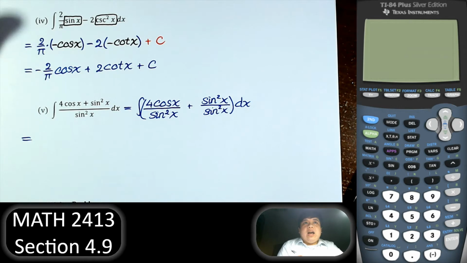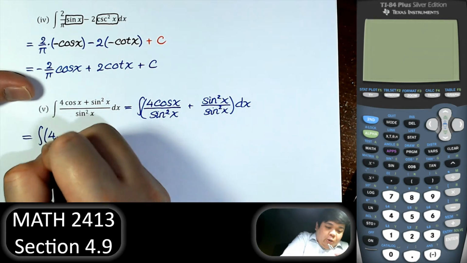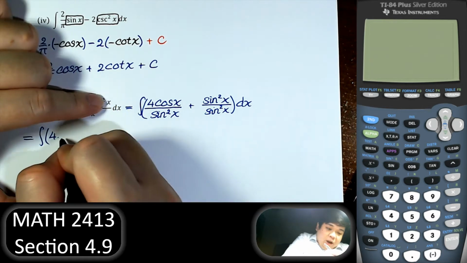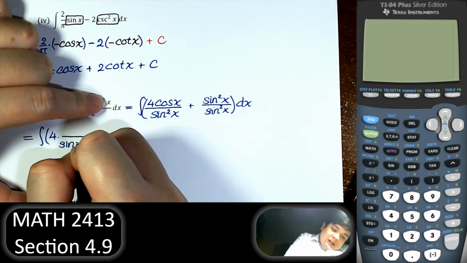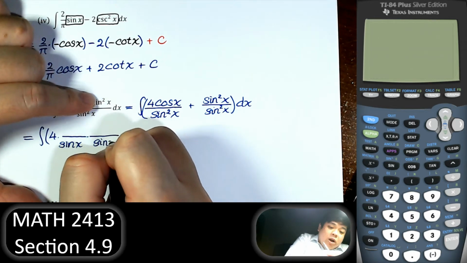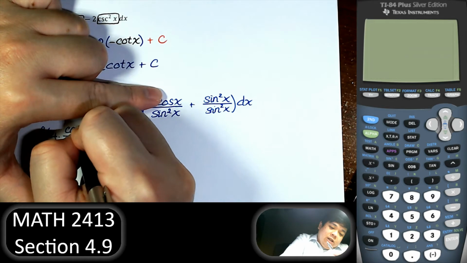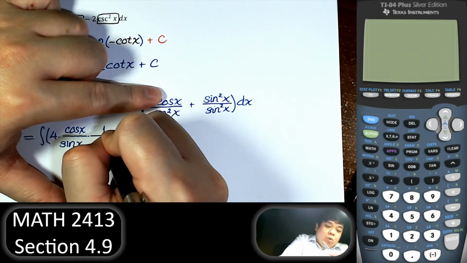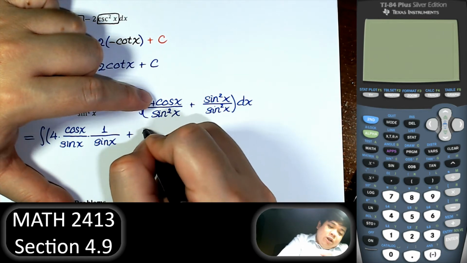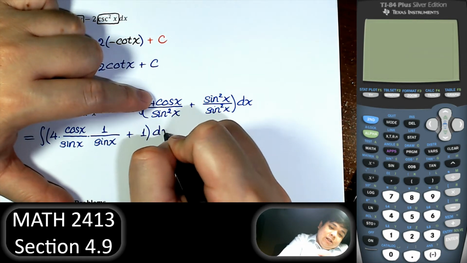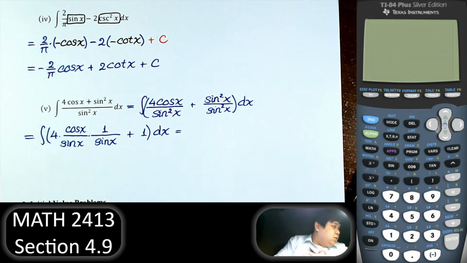Now, just like the last example, first I brought a 4 in front. We have sine squared at the bottom, so I will split that. Sine times sine will give us sine squared at the bottom. On the top, we only have one cosine, so the other one has to be 1. Sine squared over sine squared is 1. So that will give us